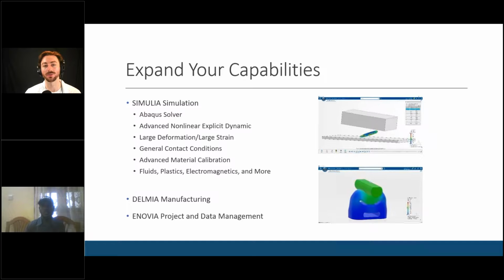And this is also working off of that centralized database. So if you update the design in SOLIDWORKS, you'll still be able to immediately pull those updates into your simulation model, maybe tweak a few things and then rerun it without having to set up the entire simulation again. So a huge time saver there to have it linked to the data management system that your CAD system is.